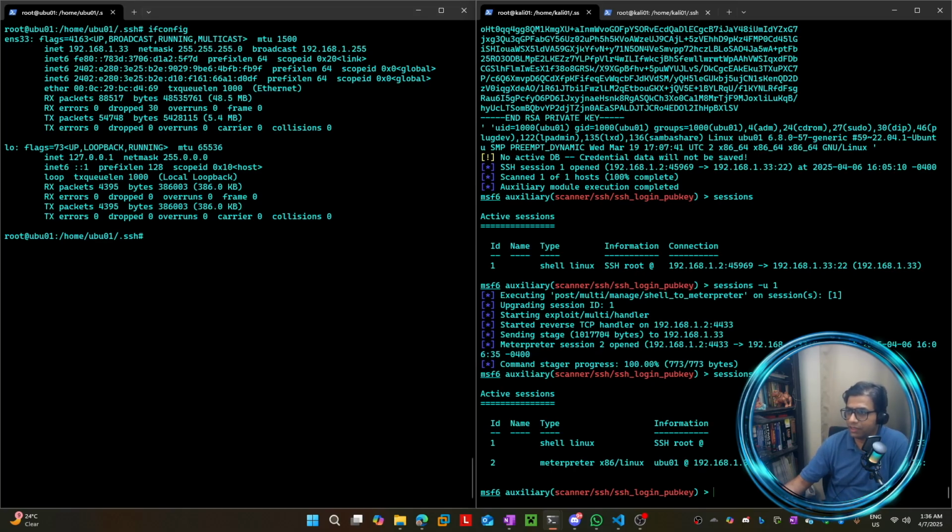Post exploitation using Metasploit. After getting the Meterpreter session, to create persistence, that post exploit can be used to save the private key of the user on the attacker machine. The post exploit used here is Linux manage SSH persistence, and the private key is stored at the root. Okay,